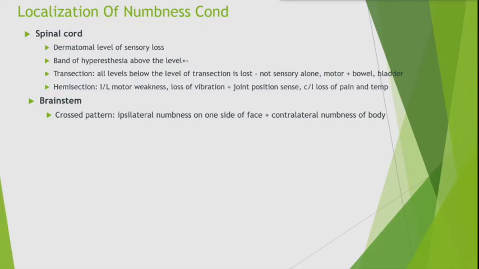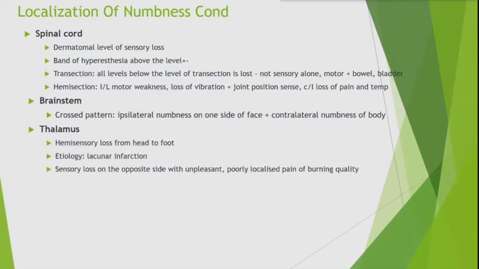So they have to join together, and coming to the thalamus, what happens? The VPL nucleus. So in the thalamus, in case of sensory deficit, the VPL nucleus of the thalamus is involved. Ventroposterolateral nucleus. The sensory loss will be on the opposite side with unpleasant, poorly localized pain of burning quality, hyperpathia, hyperesthesia,